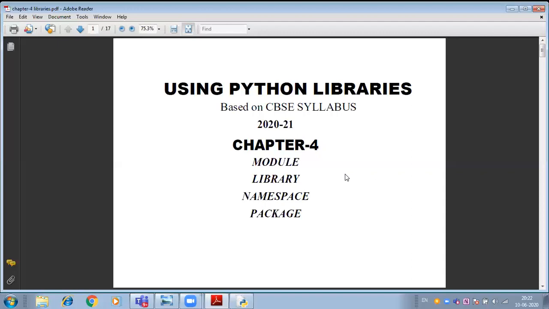So in this particular chapter, according to the CBSE 2021 curriculum, we have to discuss math functions, string functions, and random functions. To use mathematical functions like len, pow, sqrt, max, min, abs, int, float, there is no need to import any library or any module. We can directly use them. So we'll start with the practical directly so that it becomes really helpful for you, right?